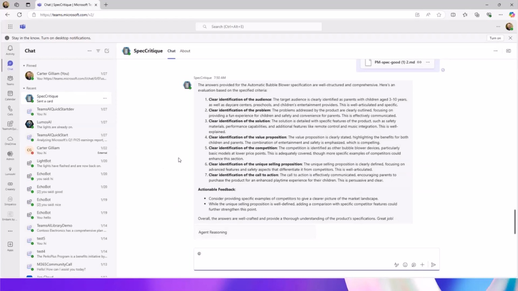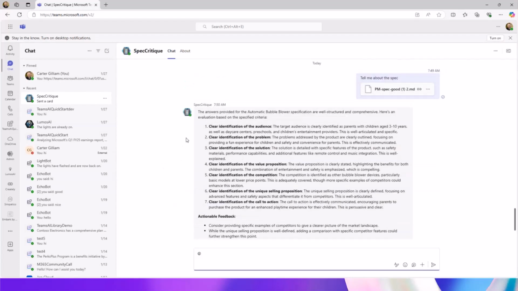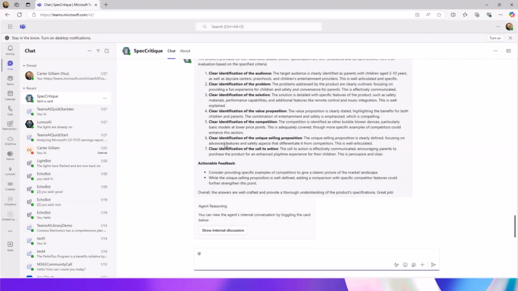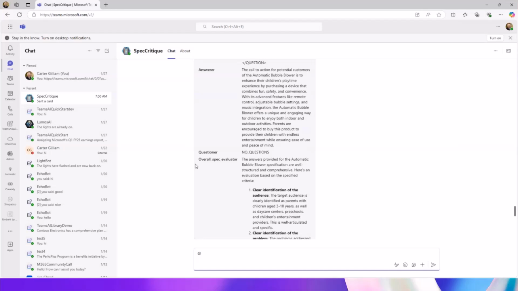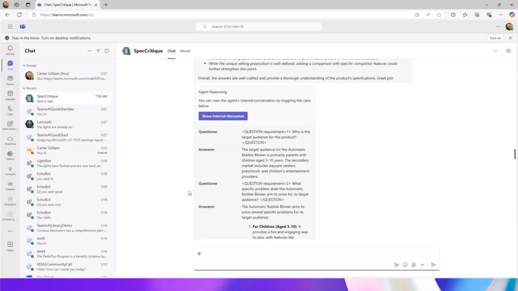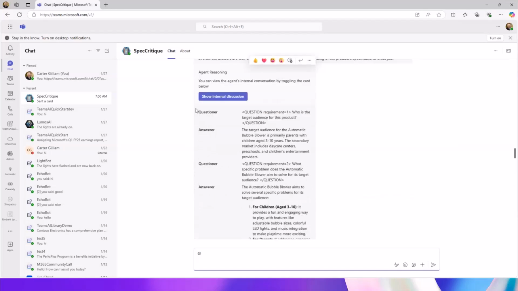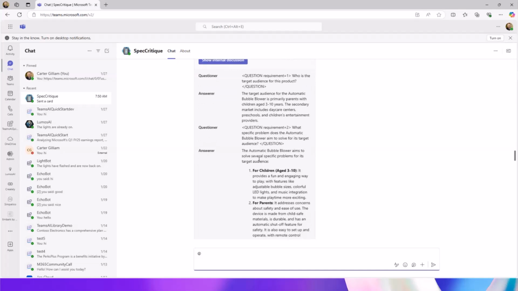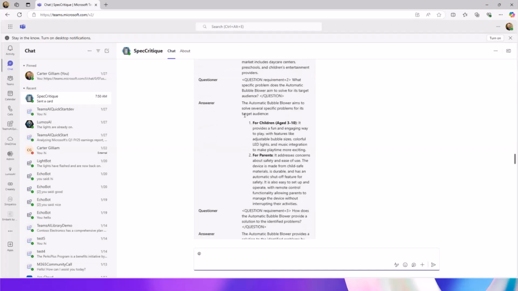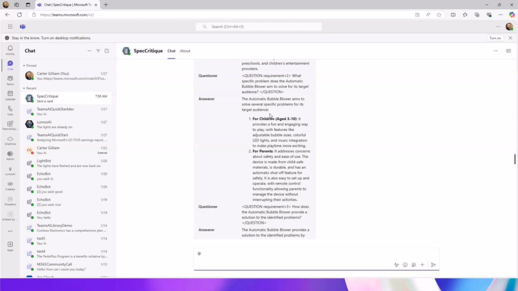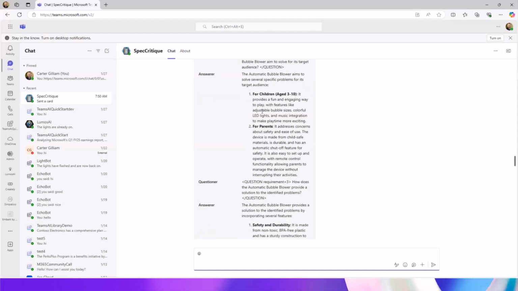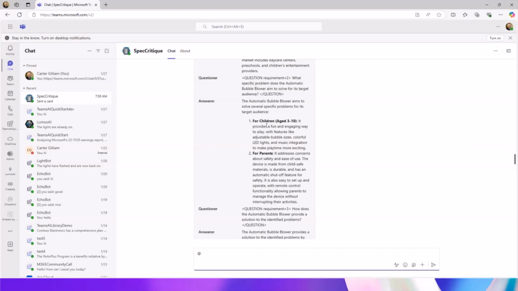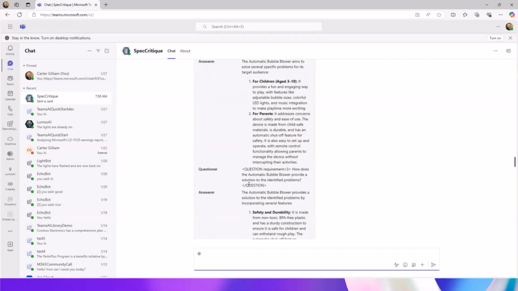What generally would be happening when it is giving the full answer is it goes back and gives a full detailed layout behind the scenes: what the questioner asks, the answer, and then it goes through each point of the specification document that we had. It lays out several specific problems for the audience, and the answer agent is answering those questions from the questioner.